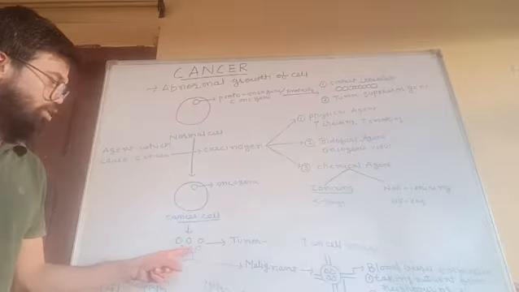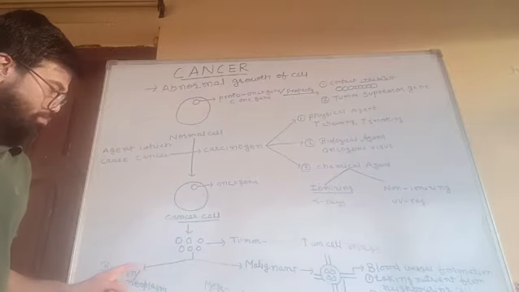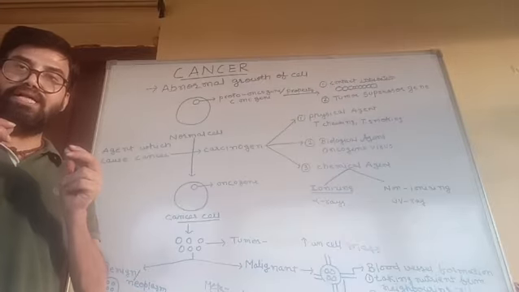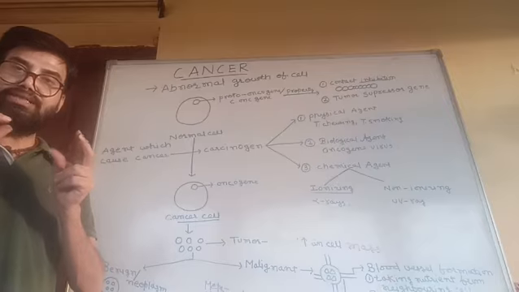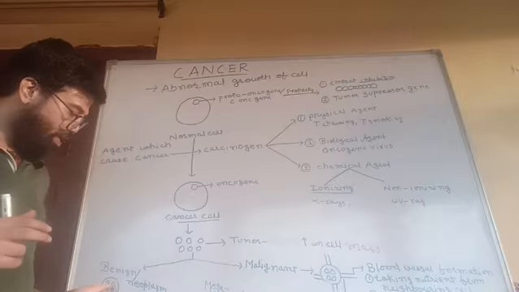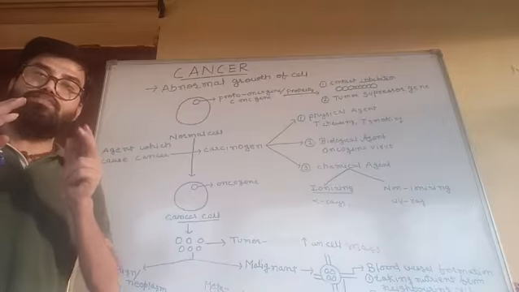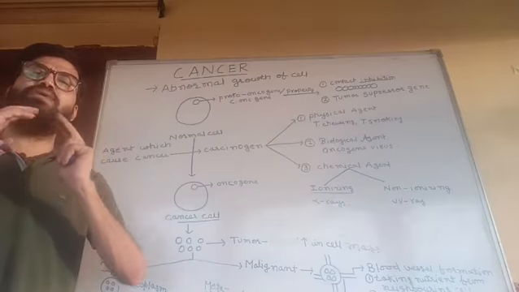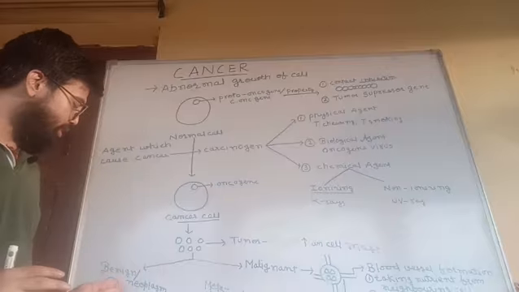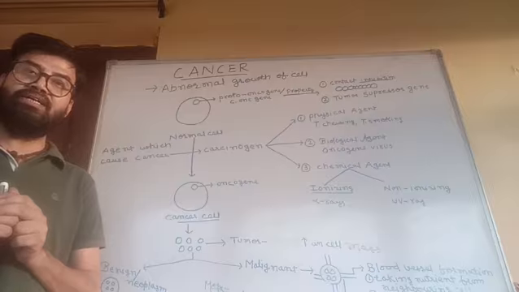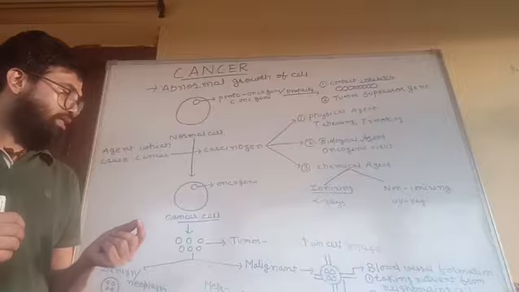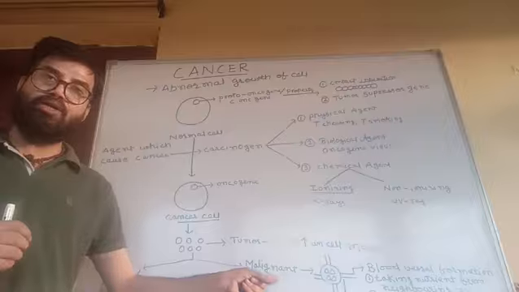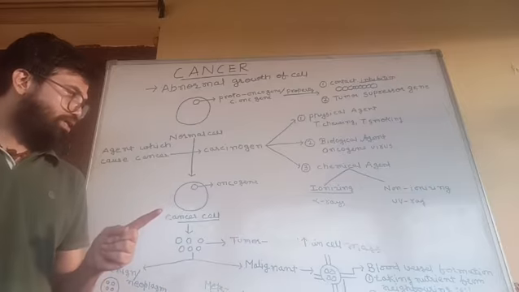Now this tumor is of two types. The first one is known as benign tumor, or neoplasm, because the cancerous cells are present inside the envelope. When it is present inside the envelope, it will not spread from one place to another place. So this cancer is less harmful. Understand? But the second case is the malignant tumor.